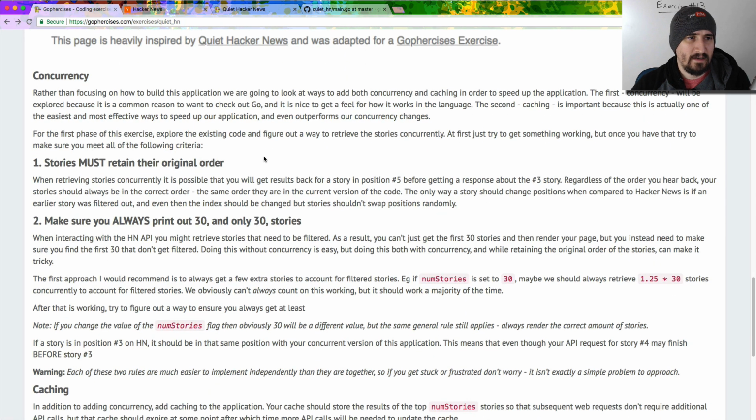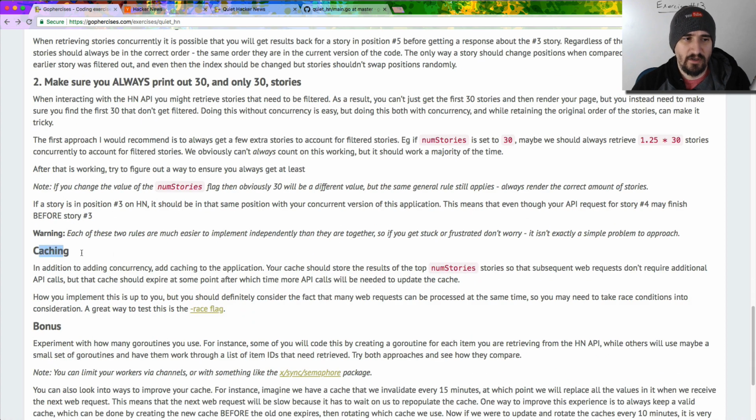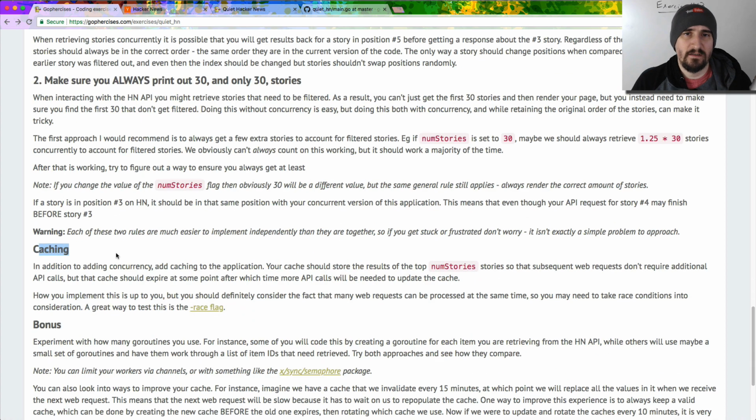The next thing we're going to want to look at after we get concurrency is adding caching. And I wanted to talk about caching because in a concurrent web application like this, it's important to understand the race flag, which I have a link to here, the article that talks about it, and how you want to avoid race conditions. But on top of that, it's nice to see how things like caching can actually have a bigger impact than concurrency, because a lot of people come to Go thinking, I really want to use the concurrency and stuff like that. But there are times where people will try to apply concurrency to a problem, and it's not that it's a bad idea to apply it, it's that things like caching that have been around for a long time can actually have a bigger impact,